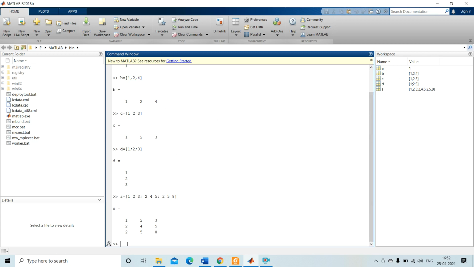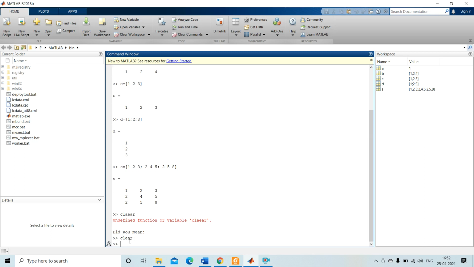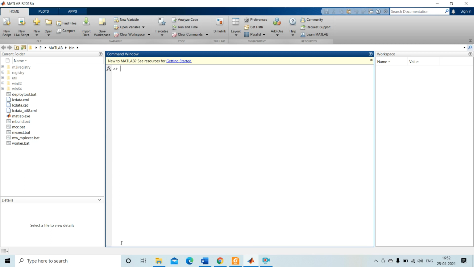So by writing the clear command, then pressing enter, all the workspace variables are deleted. And now I am giving the command clc. By giving the clc command, all the command window commands are cleared, and the cursor moves to the top position.